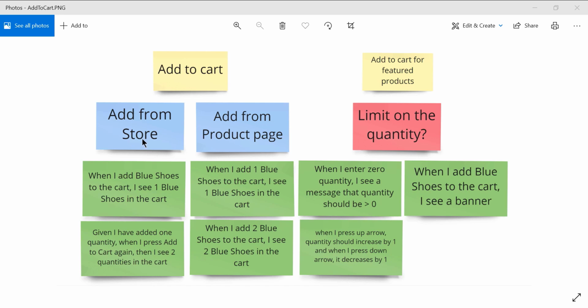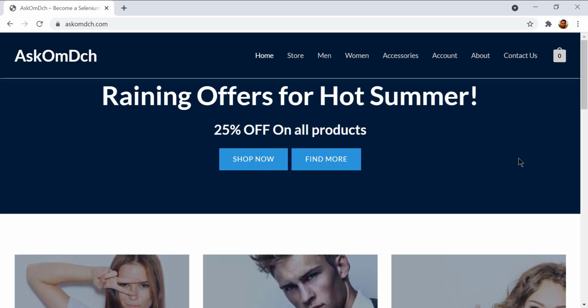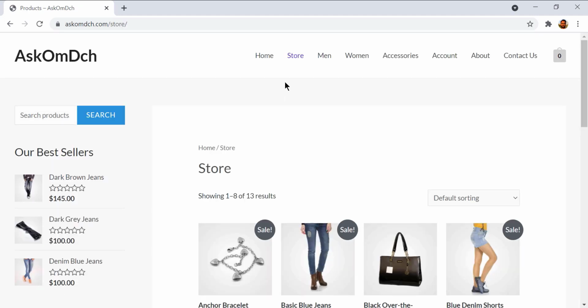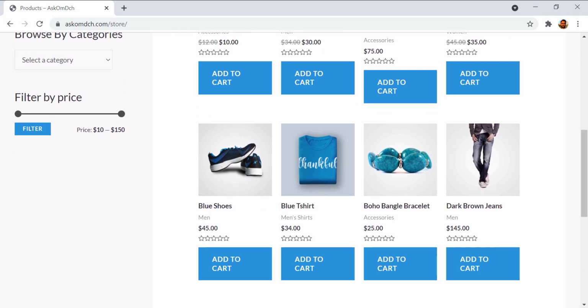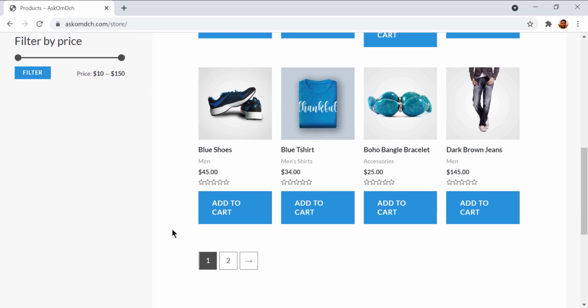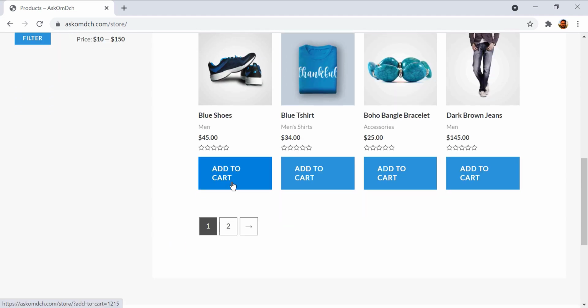So let us get back to the website. And here we are on the home page. So let us navigate to the store page by clicking the store menu option. Now on the store page, we got a product called blue shoes and there is an add to cart button. So let us click on it.